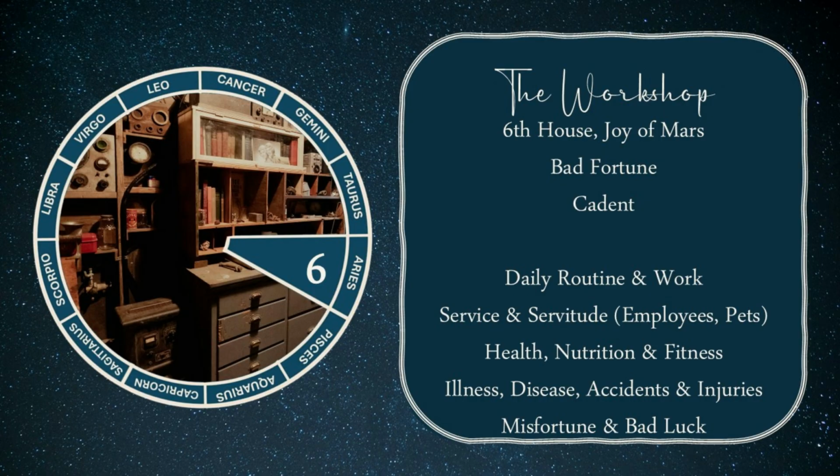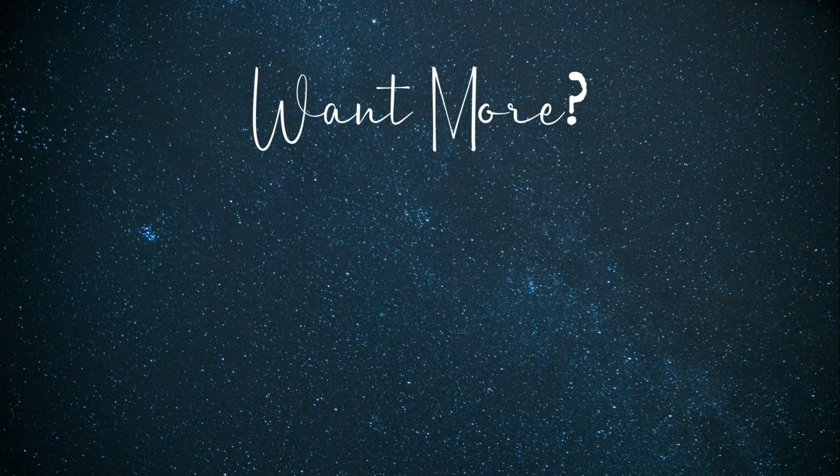Originally associated with slaves, it can tell us of our own servitude or the ones in service to us. Employees, co-workers, and even pets belong in this category. Our attitude towards these people can be found in the sixth as well. Health, and any matter in which we stay healthy are matters of the sixth. Those are our daily nutrition and fitness routine. Our attitude to these topics can be found in the sixth. Illness and disease, as well as accidents and injuries, may also be found here. This is it for the first six houses.